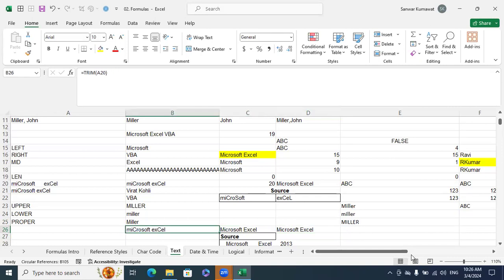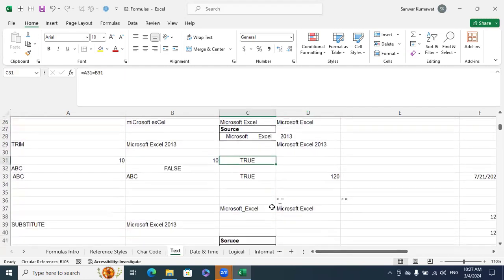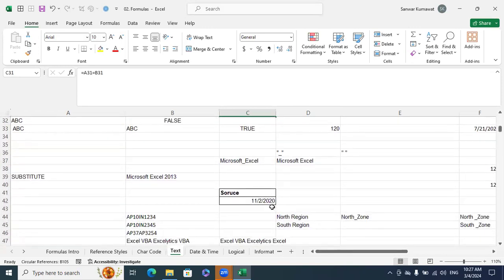Here I applied the trim function first, then applied proper. Here, what have I done? Both together. Done? All set? Next is